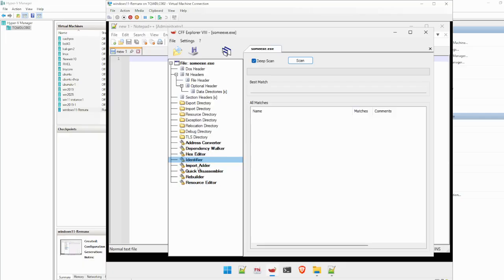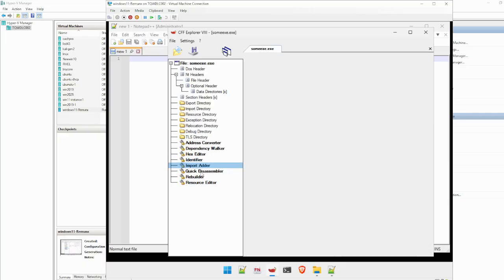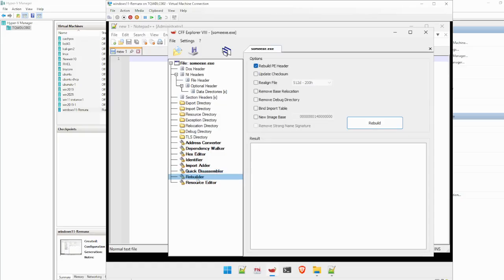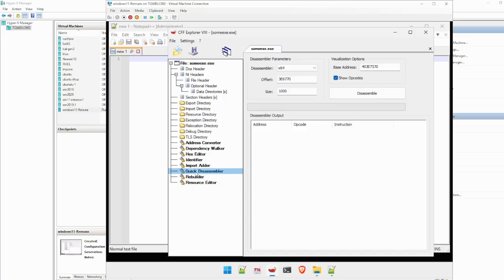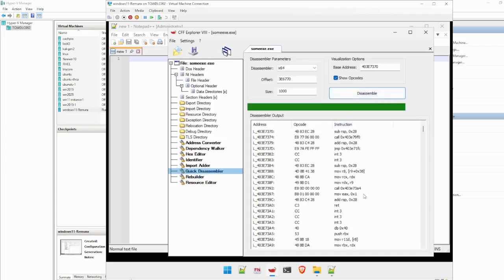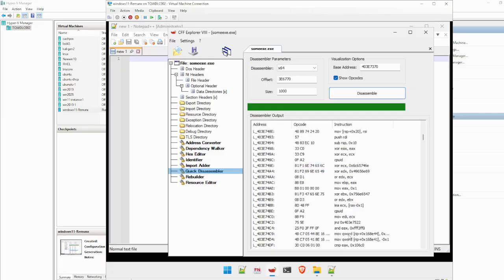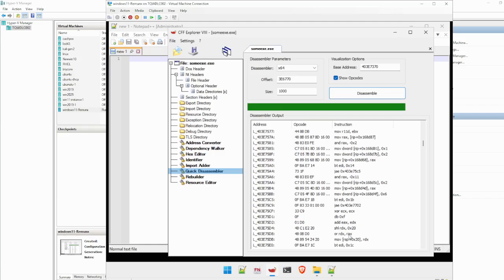Okay, identifiers, import, quick disassembler, rebuilder. Or you disassemble it and then you want to add anything here. So what you will do is, instead of accessing this memory, you jump into the other memory. Let's say if the password is valid, you go to this area.